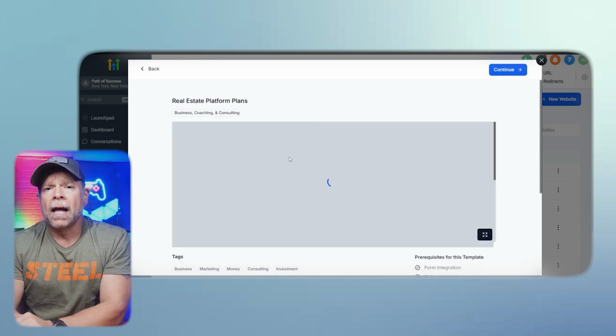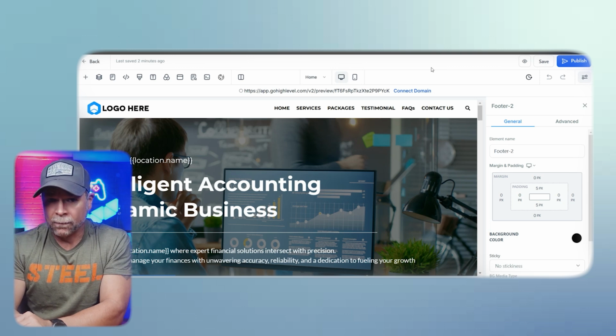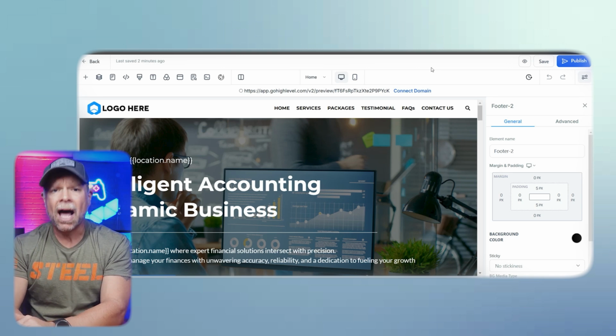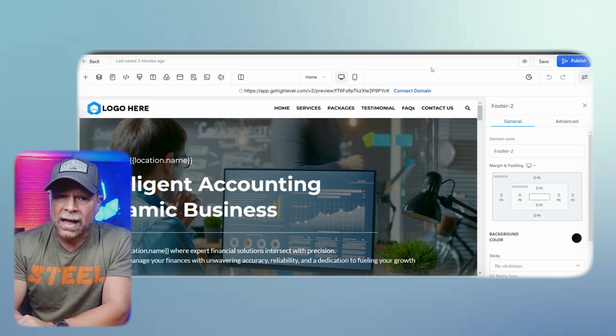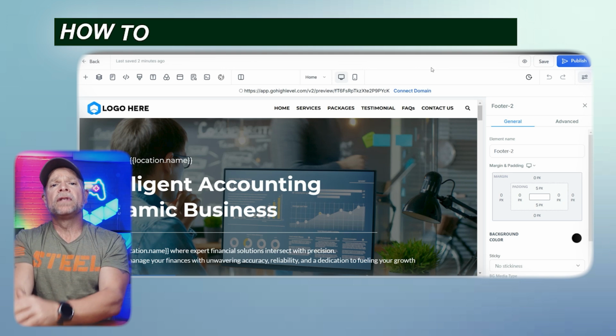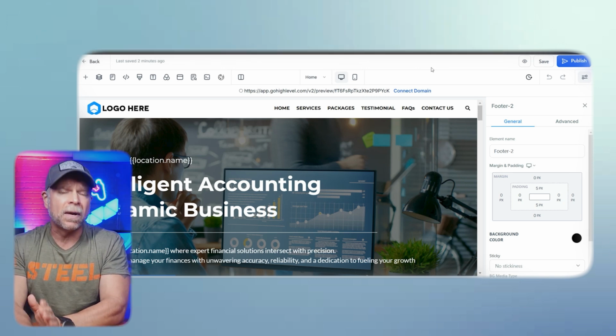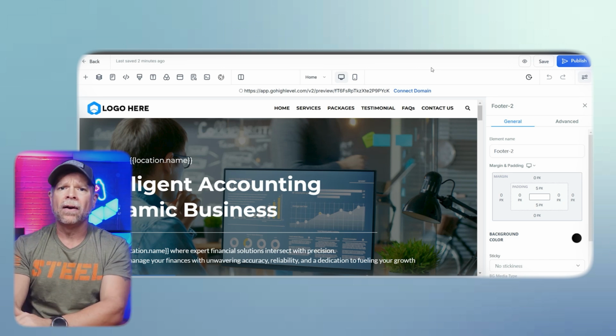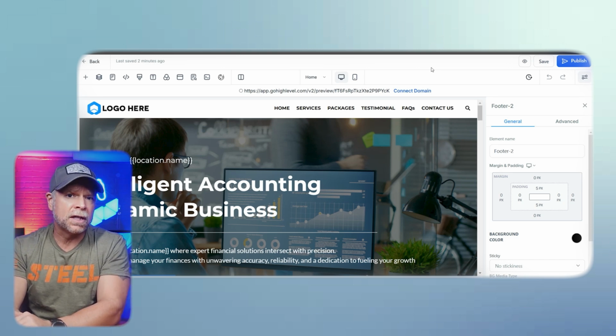Please keep in mind that this is only a demo. I just want to walk you through the entire process so that you know exactly how to create a multi-page website without any issues. Now that you've selected your template, it's time to customize it to match your brand and your vision. So let's start with the header, as it's the first thing that visitors will see when they arrive